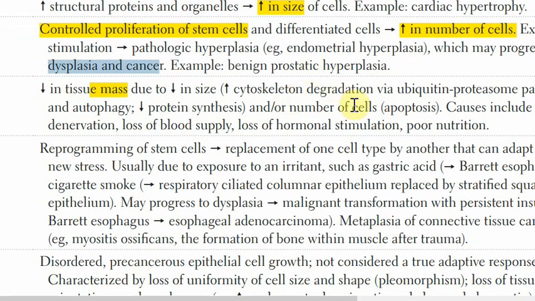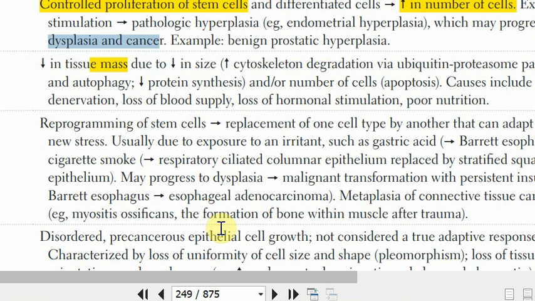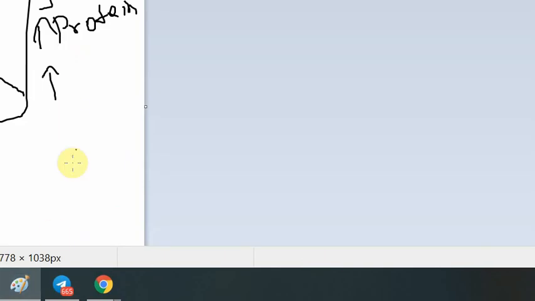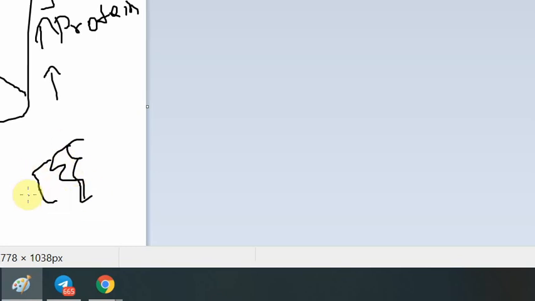So if we have a lady, we said about the lady that has estrogen affecting her endometrium, leading to hyperplasia. Let's imagine that that estrogen level is persistent. It keeps coming and coming and coming. Yes, there will be hyperplasia initially inside of the uterus. The tissue will enlarge and enlarge and enlarge. But imagine, if you keep doing something for a really long time, there is more chance that you will make a mistake. For example, if you